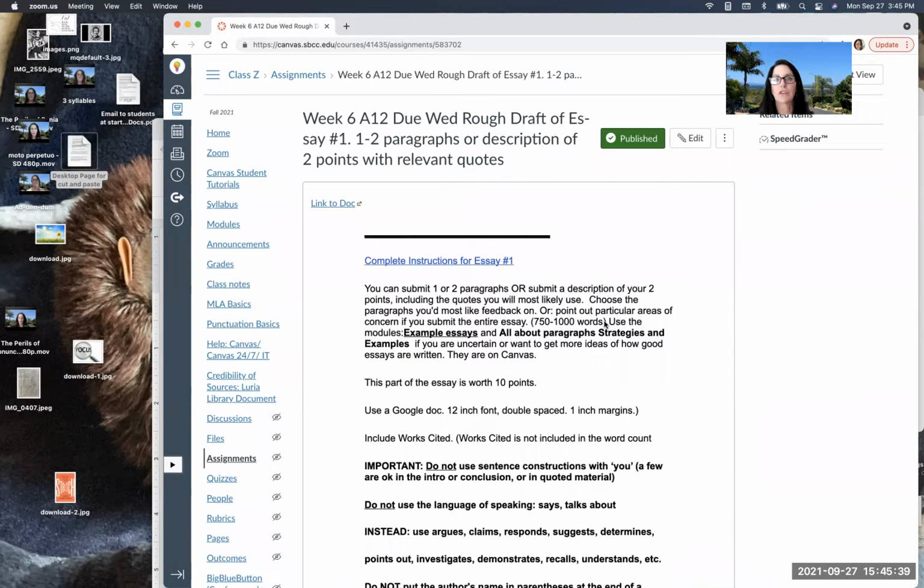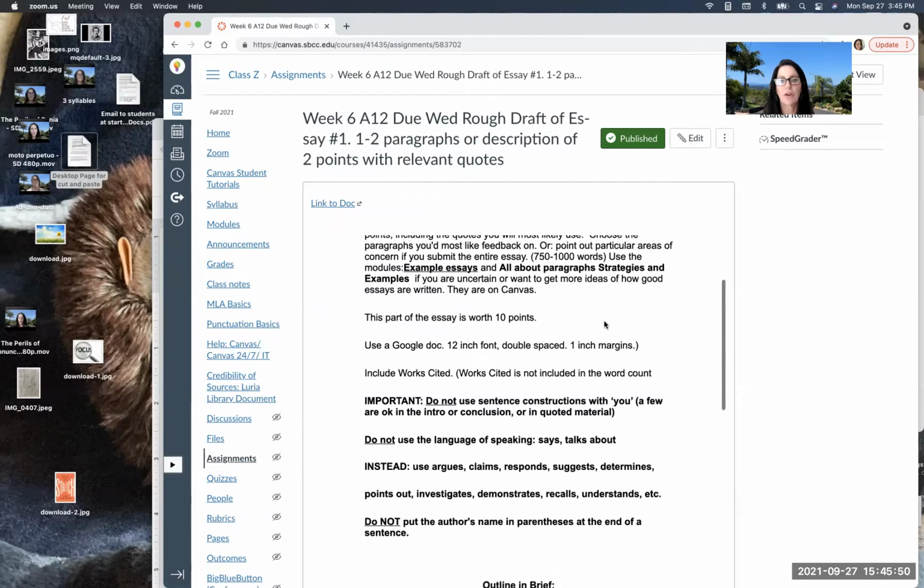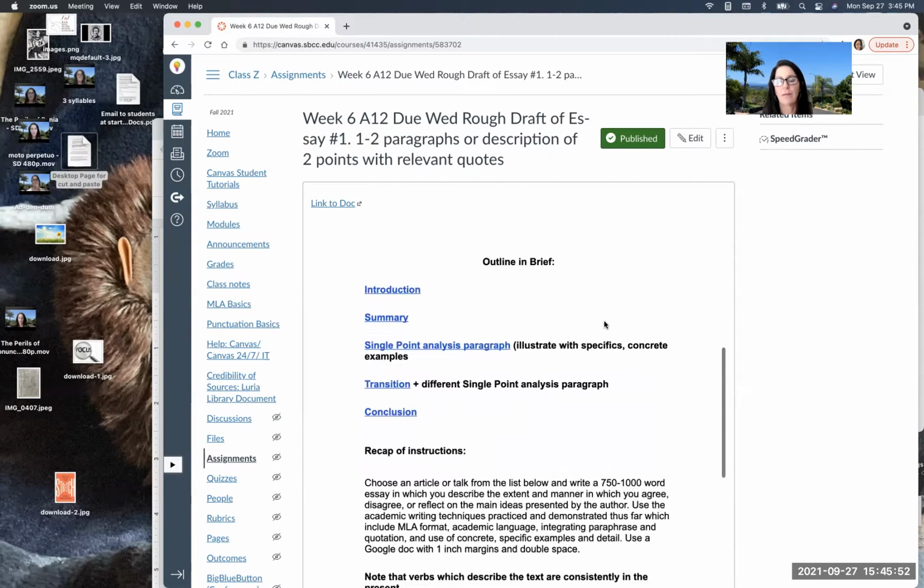The next one, you have a long time to work on these, and you have a long time to look at other student essays. So try not to wait to the last minute, unless that's how it works best for you. But it's very handy to read other students' work. So here you'll see that there's links to information and descriptions of how to write different parts of the essay in case you've kind of forgotten as you become more familiar with all of this.